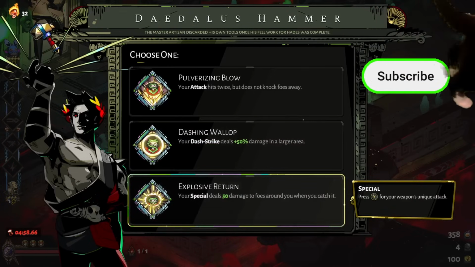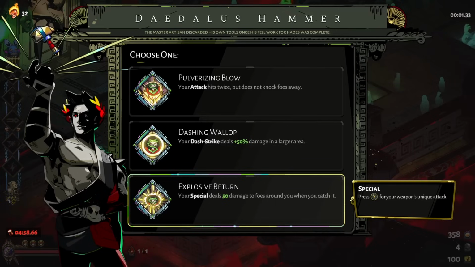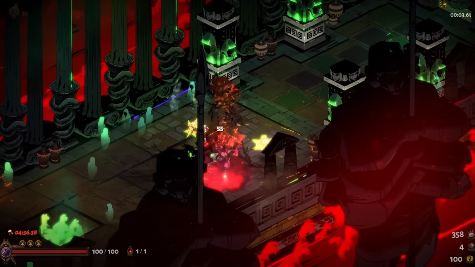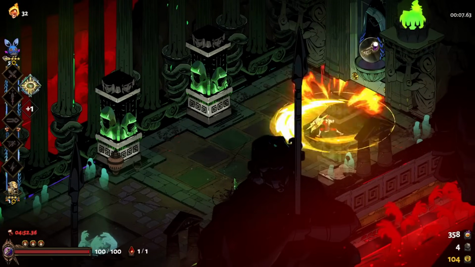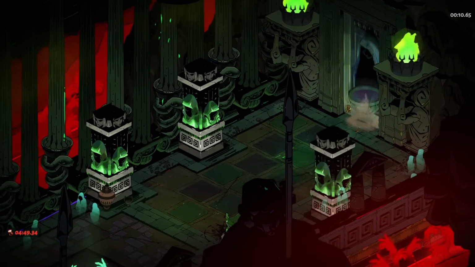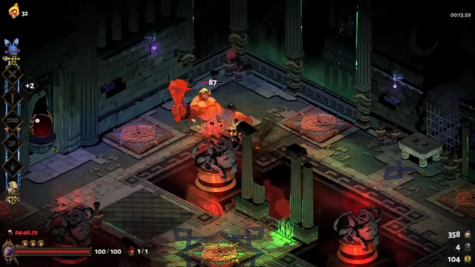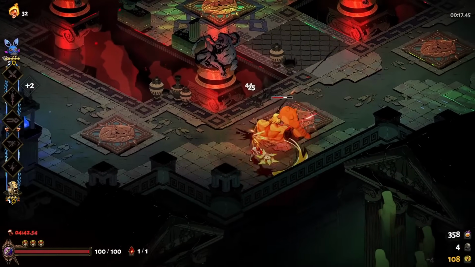So explosive return: your special deals 50 damage to foes around you when you catch it. So after you throw it with the special and you catch it on Zeus shield, you're going to get a massive AoE. And you can kind of spam it on Zeus shield. You can see how quickly everything is exploding. And that AoE is really, really big. And that is sort of the key behind how this is even remotely doable, to be honest. That really large AoE